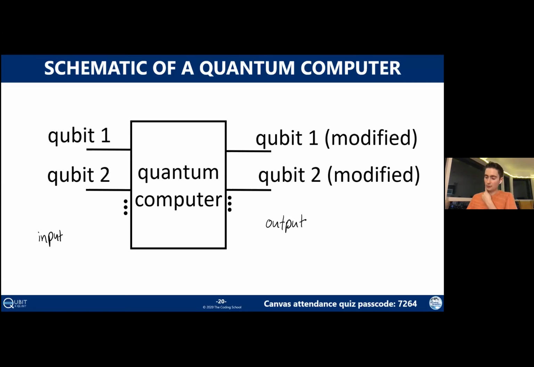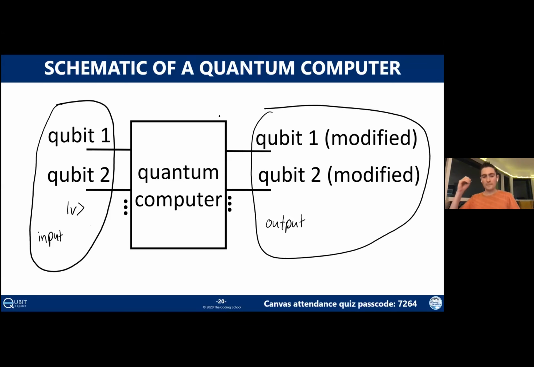Now, we've talked a lot about qubits, really, because qubits are just vectors. They're drawn like this instead of like this. But in reality, qubits are just vectors. And so everything we've been talking about so far is kind of looking at how we do math on the inputs, how we do math on the outputs. But what we haven't talked about yet is how we describe mathematically what goes on inside the quantum computer, right? What is this step in the middle? How do we get from one vector to another vector? And that is what matrices do.